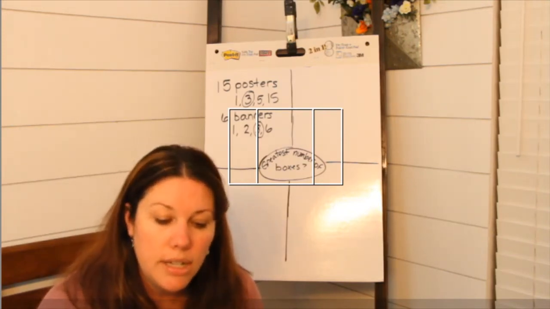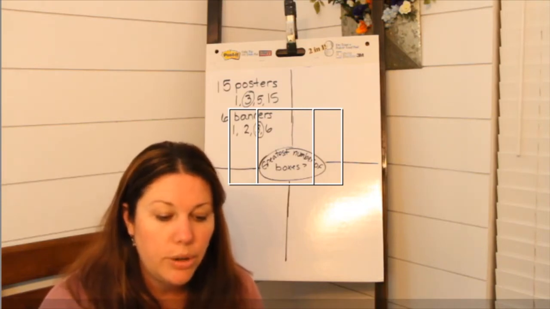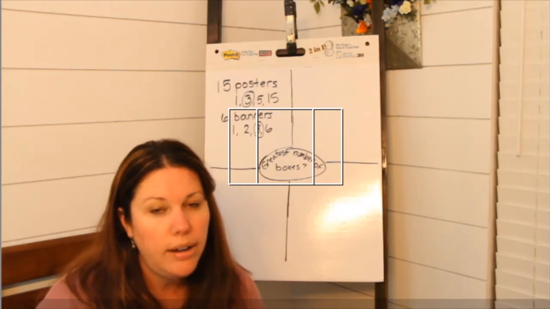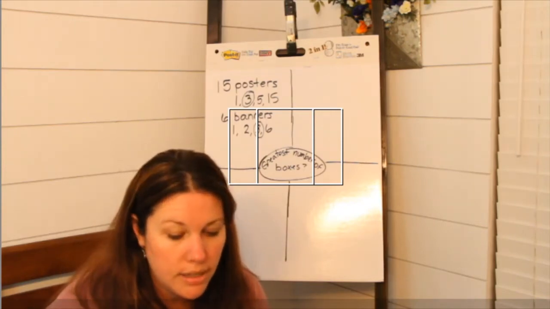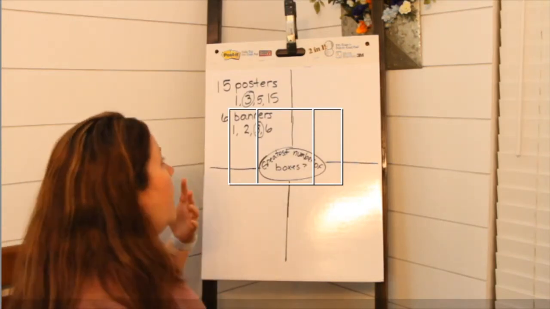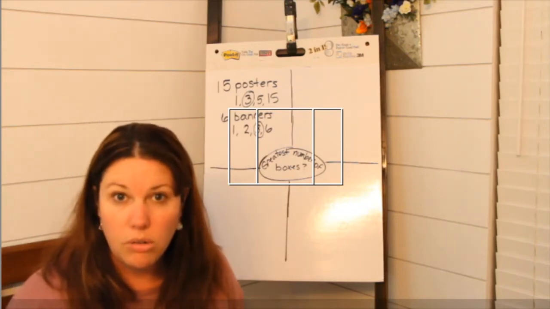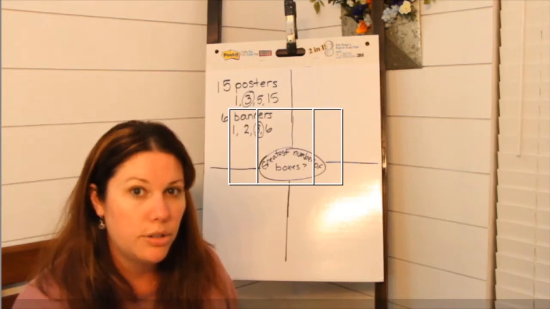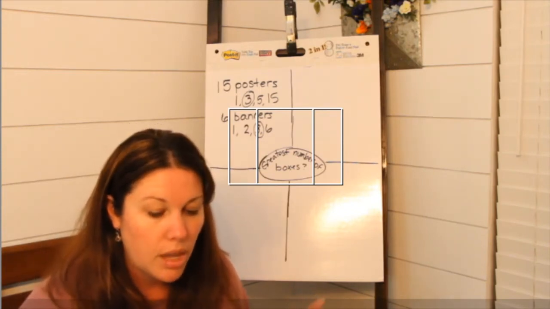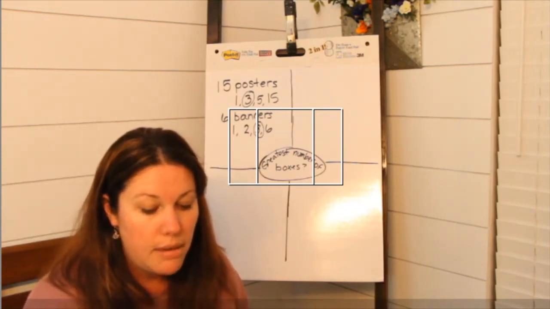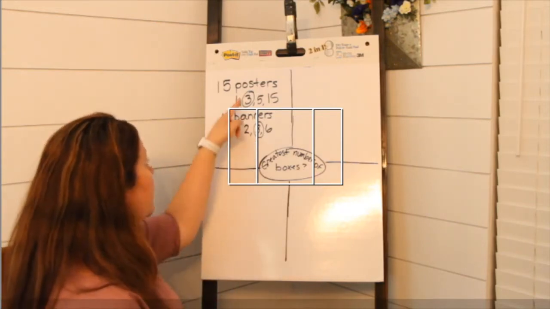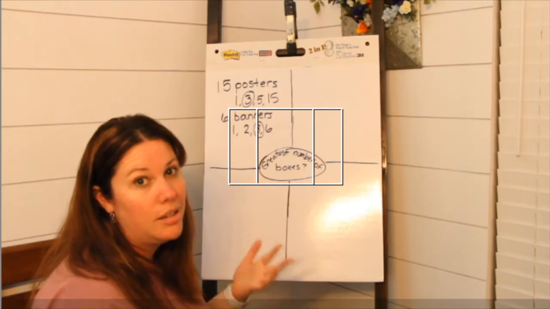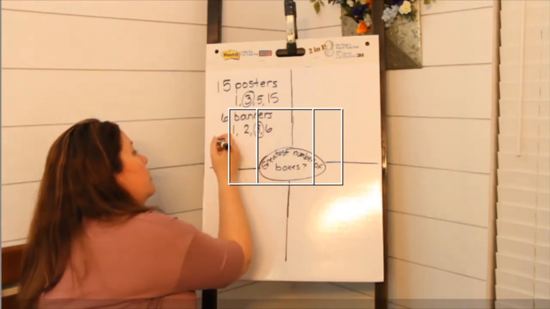But that still doesn't answer our question. What is the greatest number of boxes Matt can pack? So how does this relate now to boxes? So are we going to have 3 boxes in? Or is it going to be 3 posters and 3 banners? So what does that exactly mean? Well, what that means is that he can pack 3 for both, right? So if it's both the same, then that means that the 3 is going to pertain to the boxes. So that's 3 boxes.